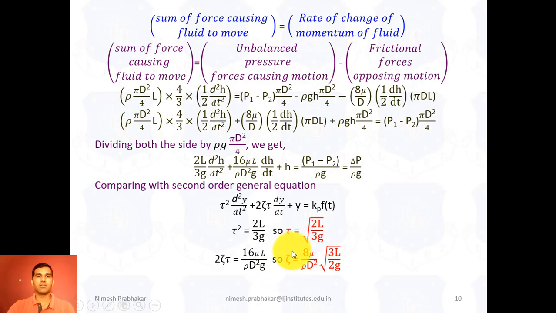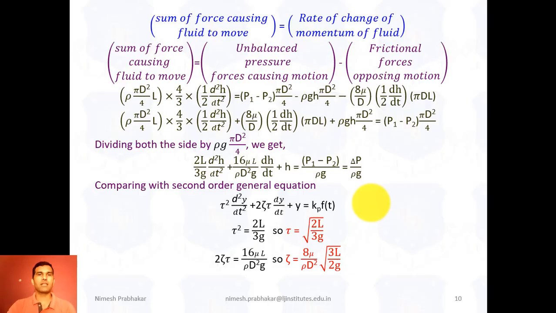So we get zeta equals 8 nu upon rho d square into under root 2L upon 3g. So this is an example of a second order system. Okay. So in this lecture we studied the second order